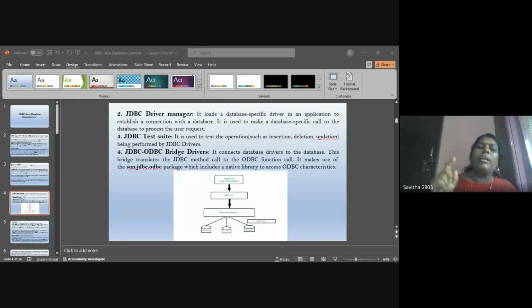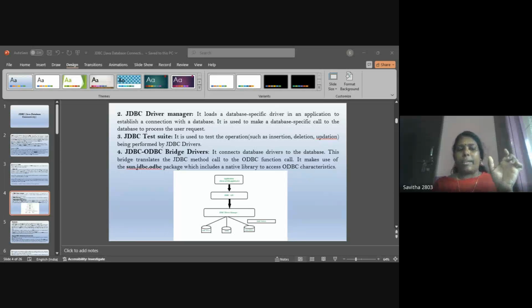So that is the URL. In the URL we can specify which database we need to connect to. URL means which database, username, or password we are using to connect with JDBC-ODBC.